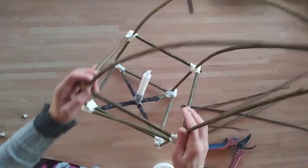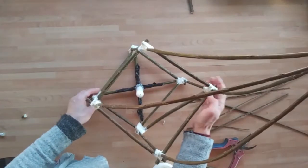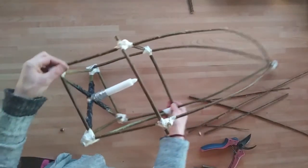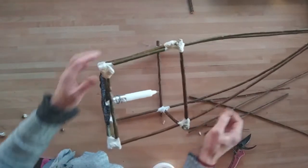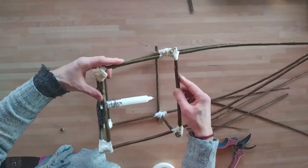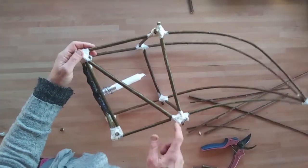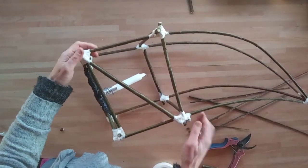There we go. So that should stand up. Oh, that's much better. Right. So now we've got a wonk going that way. So let's fix that by adding some triangulation in again. So that's when I mean triangulation, so that was a square, now it's two triangles, which is a much stronger